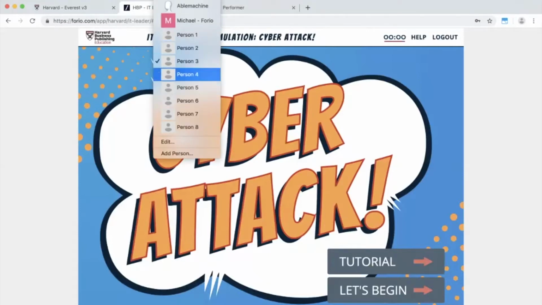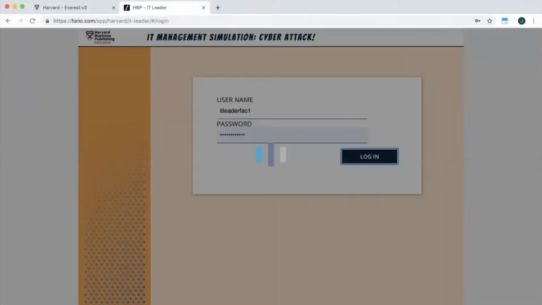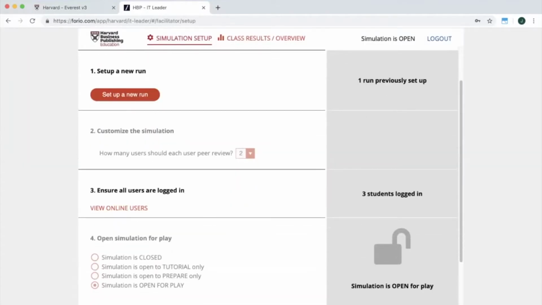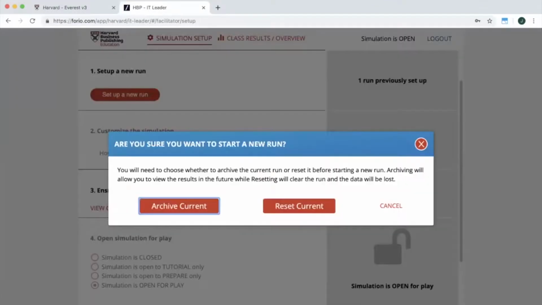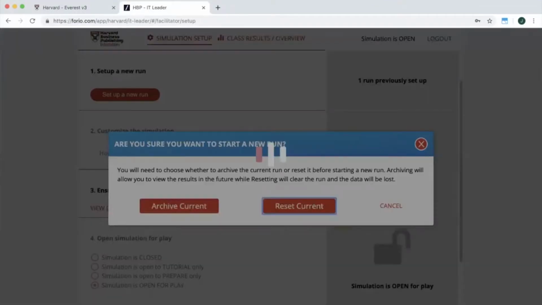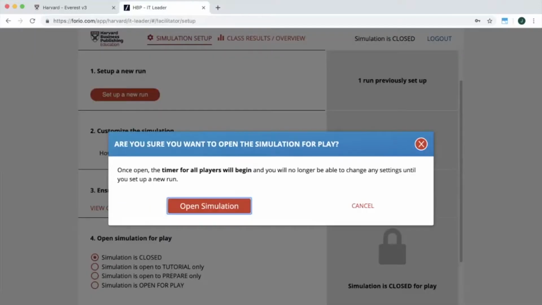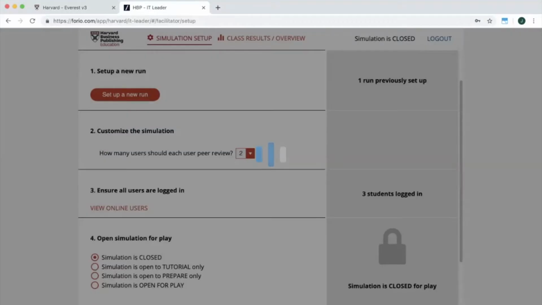The way this works is the facilitator, which I need to log in as, needs to open the simulation for play and create it here. You can see right now there are 3 students who are logged in. I'm going to set up a new run. I'm going to reset the current run here, to get a sense for the facilitator's view. And here's where I can choose how many peer reviews are going to happen. I'm going to leave it at 2 because I only have 3 people logged in, and that's all I can do. And then I'm going to open the simulation for play. And once I open it for play,